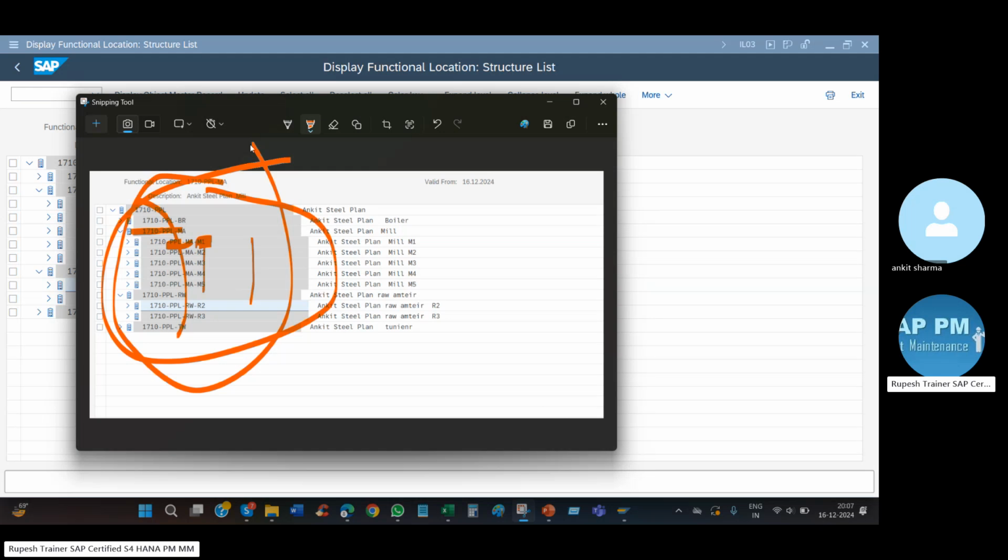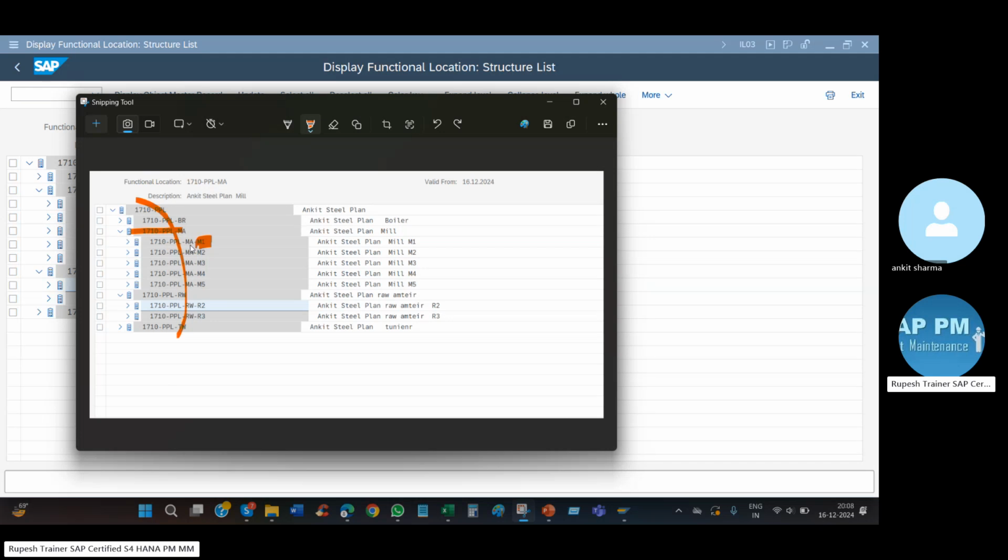Now you got the superior and lower levels, how it is coming. If they change M1, M2, M3, M5 into A1, A2, A3, that is okay, that will stand. But if they touch this ME and PP, the issue will come. Are you getting my point? If they touch the others, you will not get any issues; it will stand here itself because this is the superior. If you touch this PPL and MA, only then the issue will come. Are you getting my point? I'll do one thing, sir. As a consultant, I'll create the